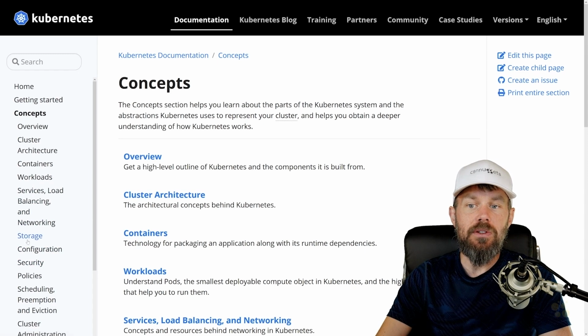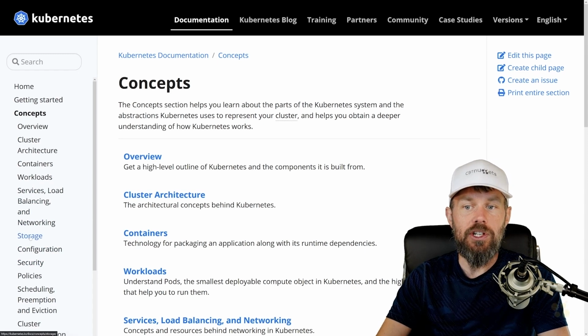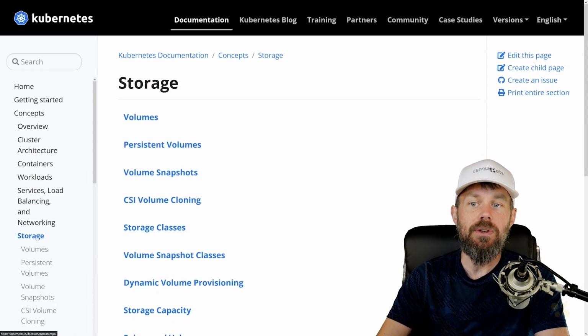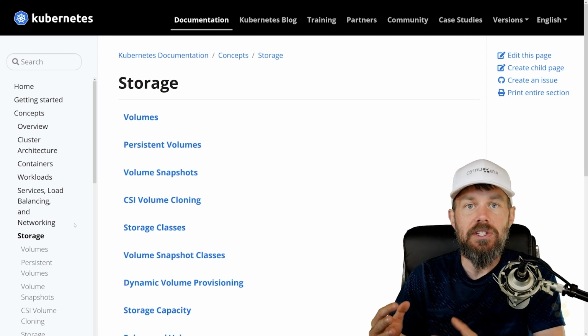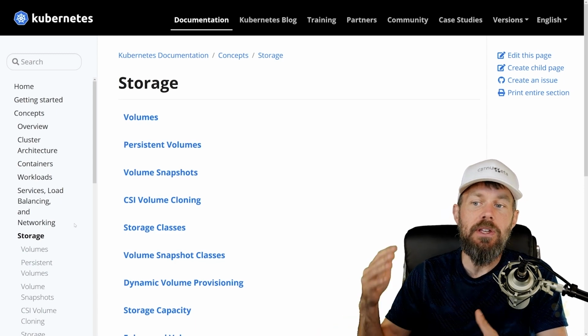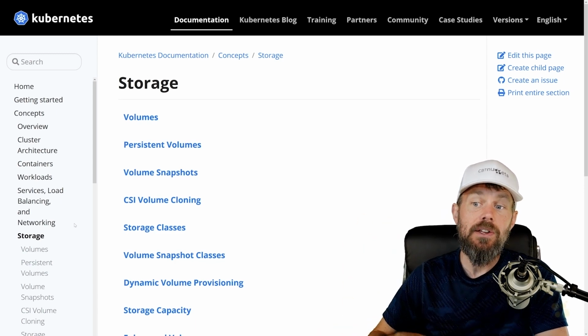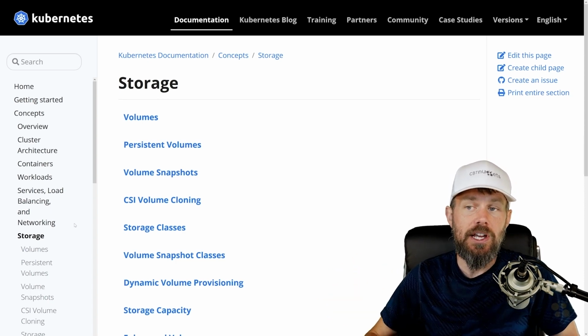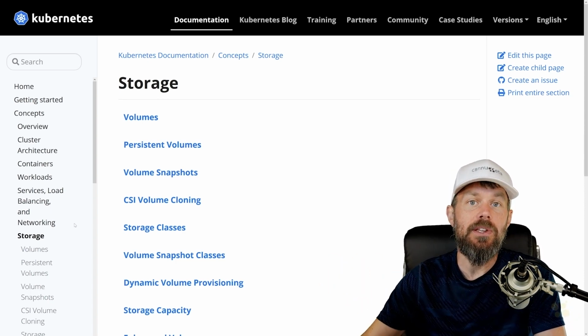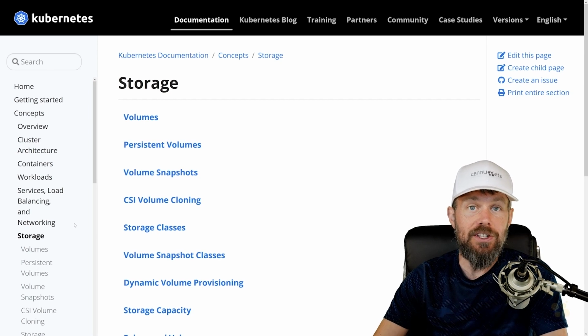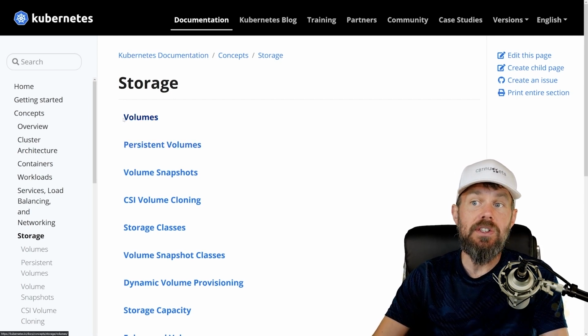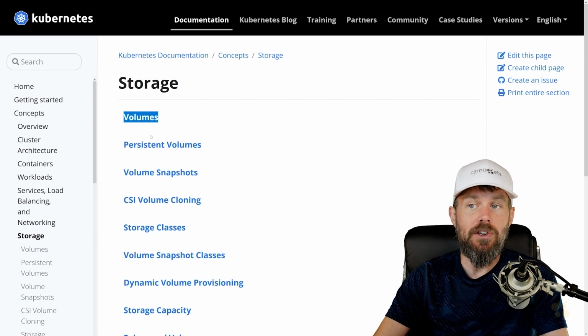And then if we drill down just a little bit further here, we've got storage. And so this is where we're going to be spending most of our time. Now, once you drill into the storage subtopic, you're going to be presented with a series of subtopics within just the storage context, and these are some of the different concepts that we're going to be drilling into in this particular video training skill. So as you can see, we start out with just volumes here,